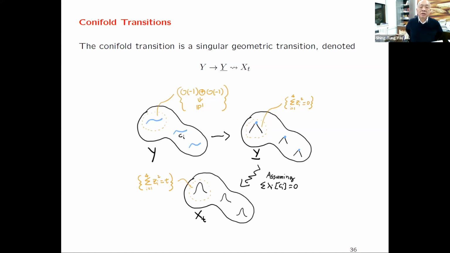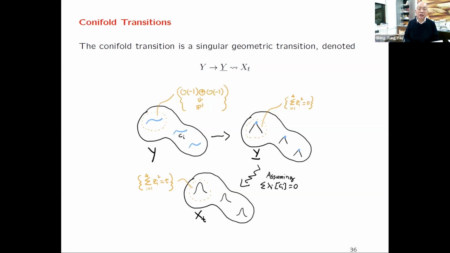So what you do is to contract these curves into a point. This becomes a singular Calabi-Yau manifold, because once you contract it down, it becomes a rational double point. So given quite a few of these curves, we now end up with quite a few rational double points. And if we assume a condition put down by Friedman, namely the summation of lambda_i C_i, where C_i is the rational curve, the class is equal to 0 for non-trivial lambda_i,